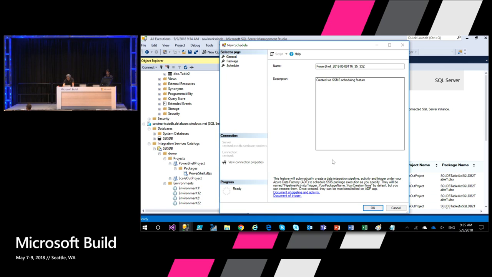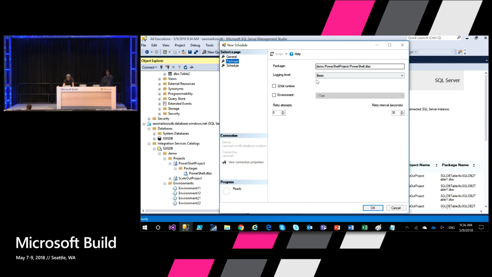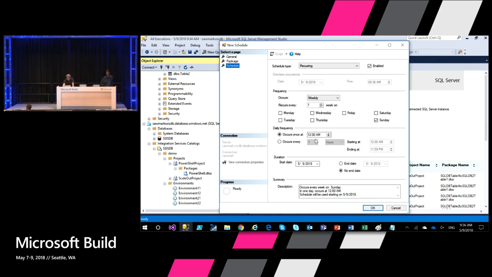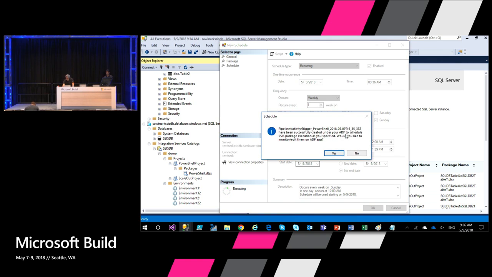So there is this auto-generation, and you can configure the execution properties, and then finally you can select the schedule. So instead of doing it in ADF, you can do it in SSMS, and this is the same UI as using SQL Server Agent, right? Let's say it's running every Sunday at midnight. When I click OK, it will confirm that it's auto-generating the pipeline, activity, and trigger. You can see here. And then you can go to the ADF pipeline to extend that activity and also change or edit the trigger. If you click yes,